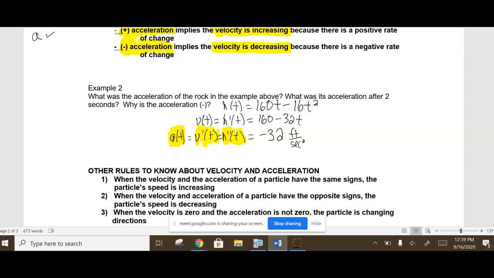So in terms of the first thing, what was our acceleration of the rock above? We're going to get this. I then want you to tell me what was the acceleration at 2 seconds. So if we then say,